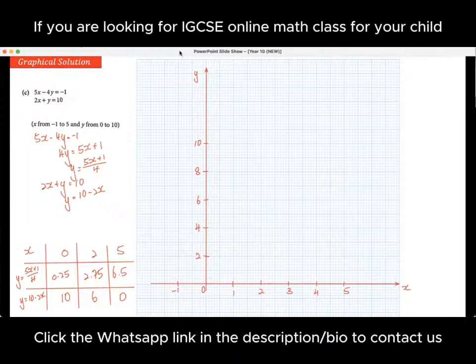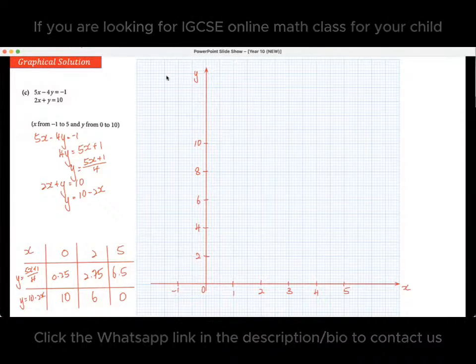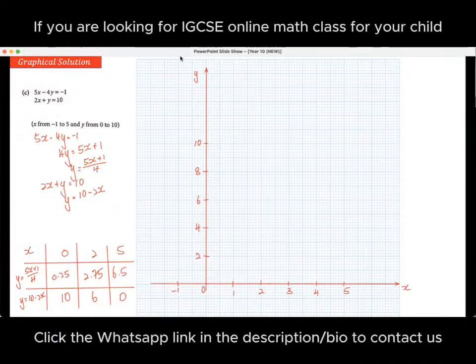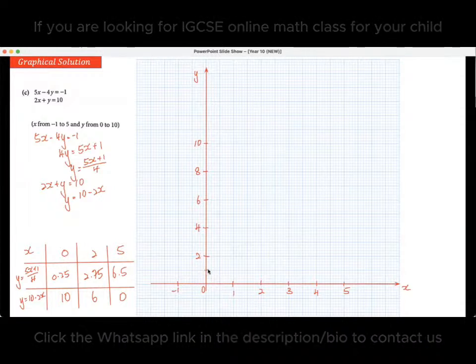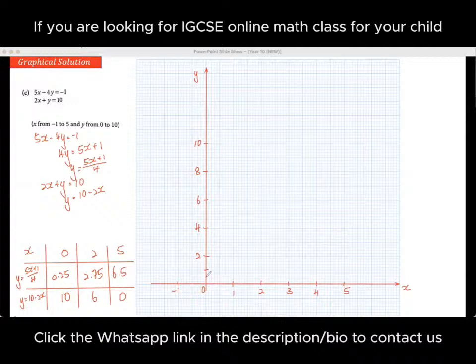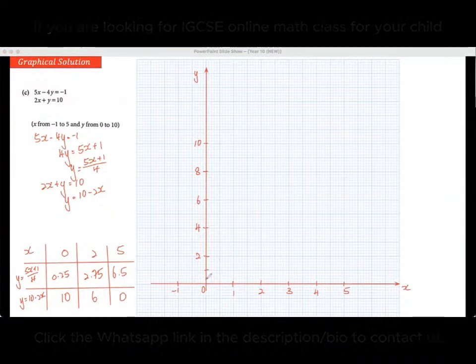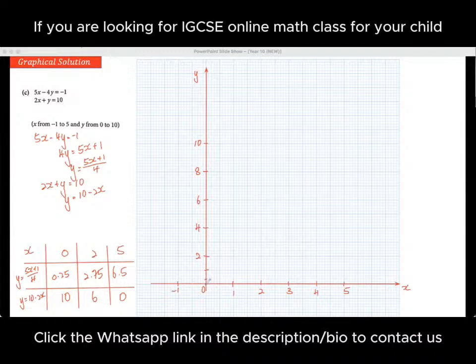135, yes, you can do that. As long as you can plot the straight line. When x equals 0, y equals 0.25. So 1 is over here, then 0.25. Each small box here is 0.2, so 0.25 is somewhere around here. That's why I say, if you can make your graph as big as possible, it'll be easier for you